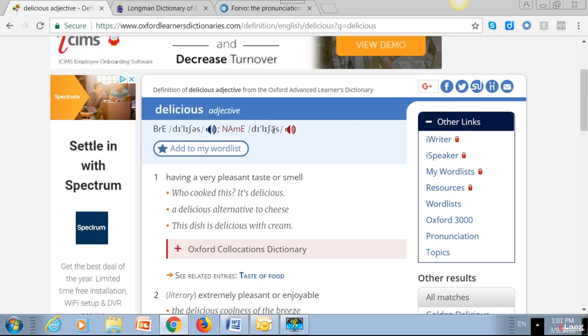So this will be said loudest and longest. Delicious. All right? So primary stress is shown with the little mark up above there before the syllable. And you'll notice for the word delicious, both British and American English are exactly the same.